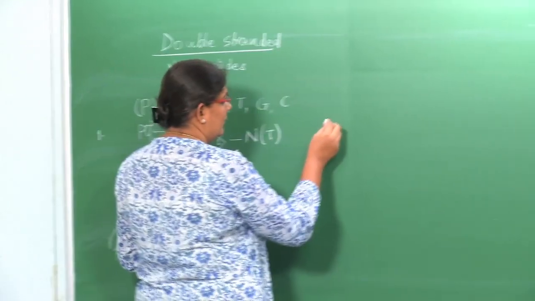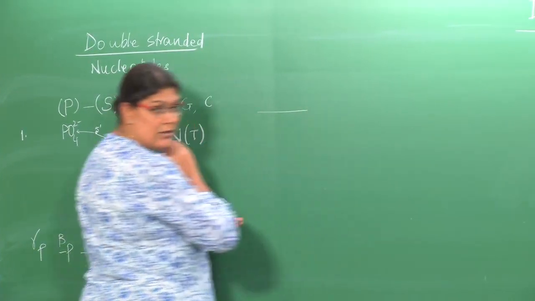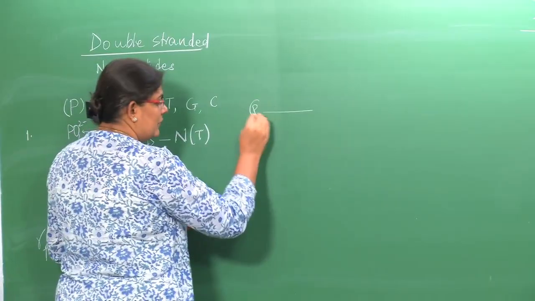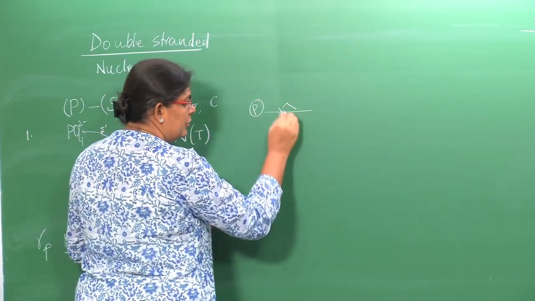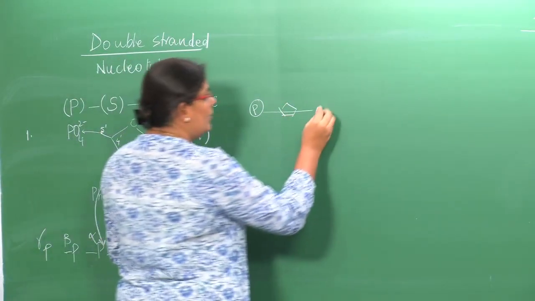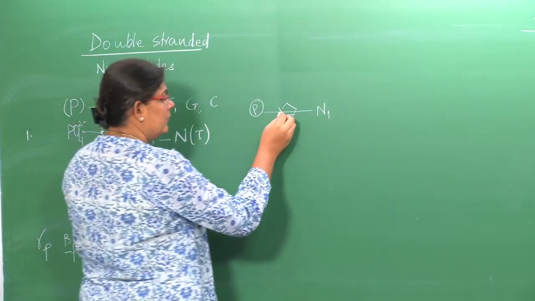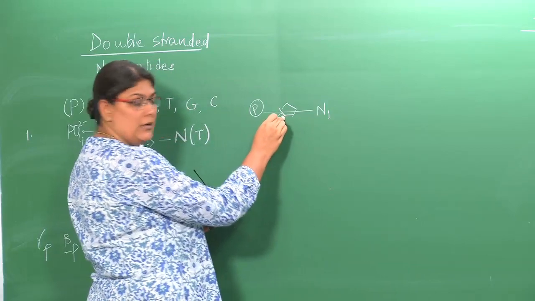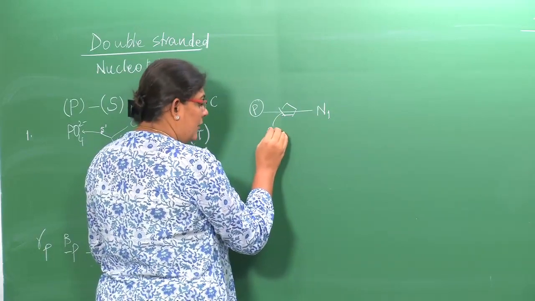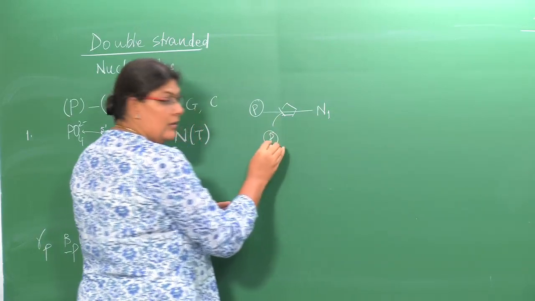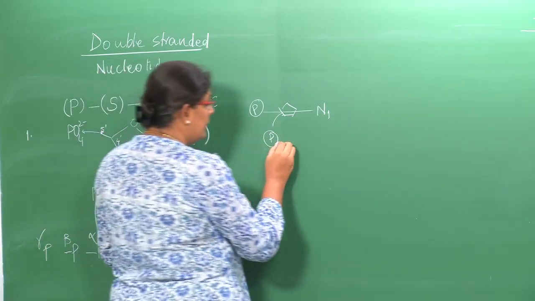So, what do you get? You get the first nucleotide with its phosphate, its sugar and its nitrogenous base, let us say N1, and this third carbon forms a bond with the next incoming nucleotide,